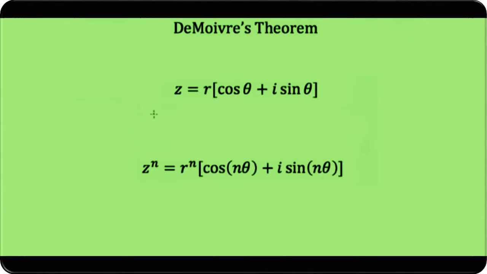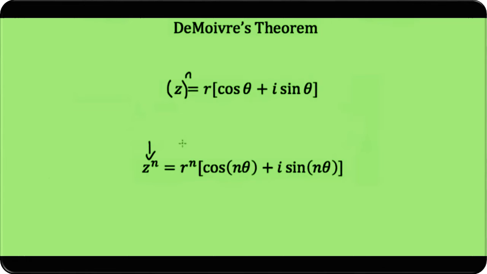Have a complex number written in polar form, z is equal to r times the cosine of theta plus i times the sine of theta, and I want to raise z to some power n. Then instead of multiplying z, cosine theta plus i sine theta, by itself over and over again, I can use De Moivre's theorem, and that tells us that our complex number raised to the nth power, well,